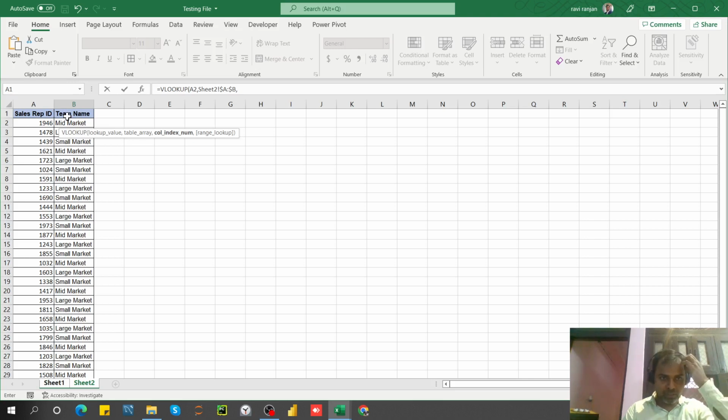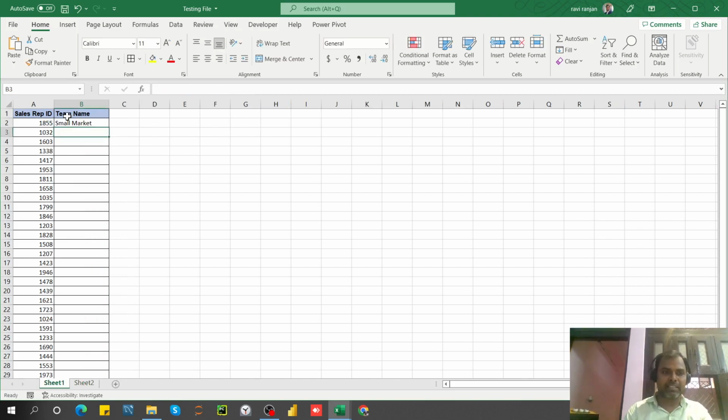In which column do I have to bring it? The second. So I have to write the second column index, then comma 0. 0 means exact match, right? So with this formula we can bring the team name here. But using VBA, how is it possible? So using VBA, it is possible, and